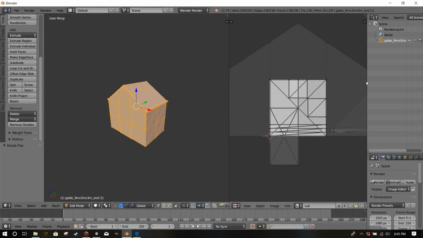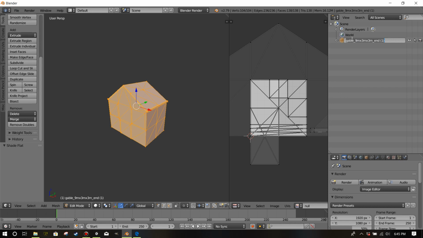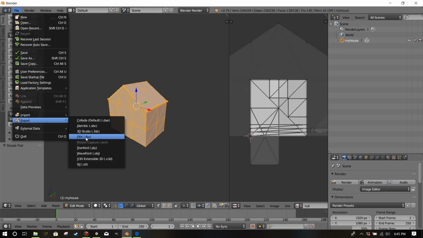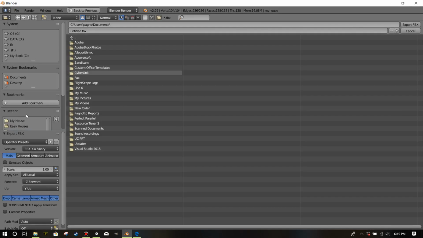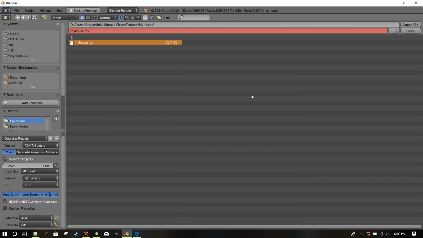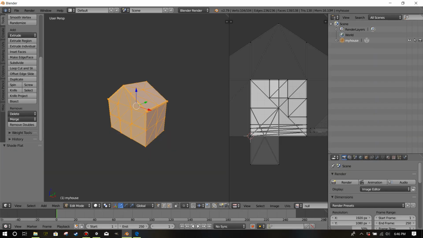We can leave Blender here. I'm going to name this here because this will show up in Unity. I'm going to name this layer as My House. I double clicked on it with my left mouse and renamed it My House. Now I'm going to do File Export and choose FBX. And then I'm going to figure out somewhere to place it on my hard drive. I'm going to tick Selected Objects Only, and then this Apply Transform, and then choose Export FBX, and now we're